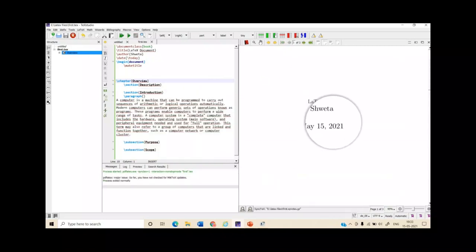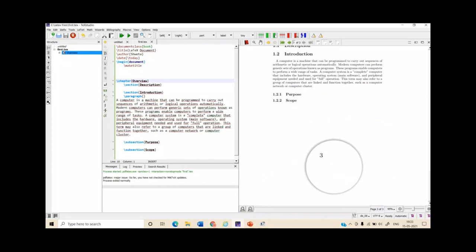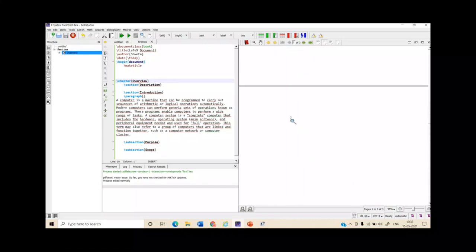First part is your title part, second is blank with proper page number. See, here is the page number at the bottom. Okay, so page numbers have also updated. Now the page number is left aligned, see, it is left aligned. It is on the top because of book class.